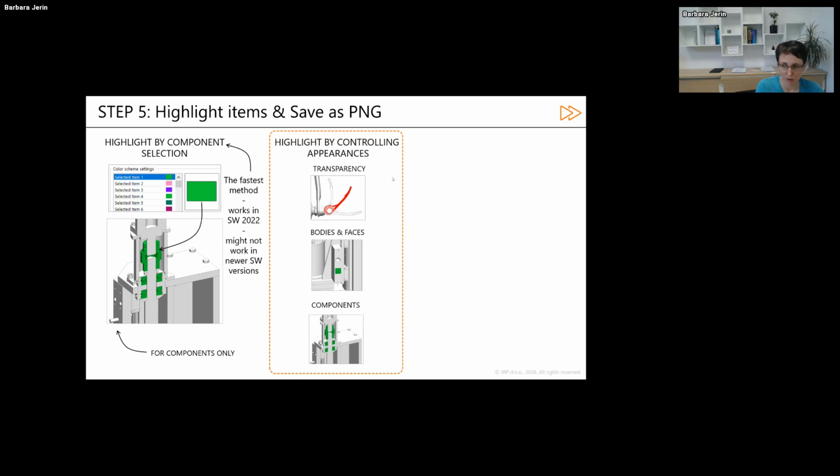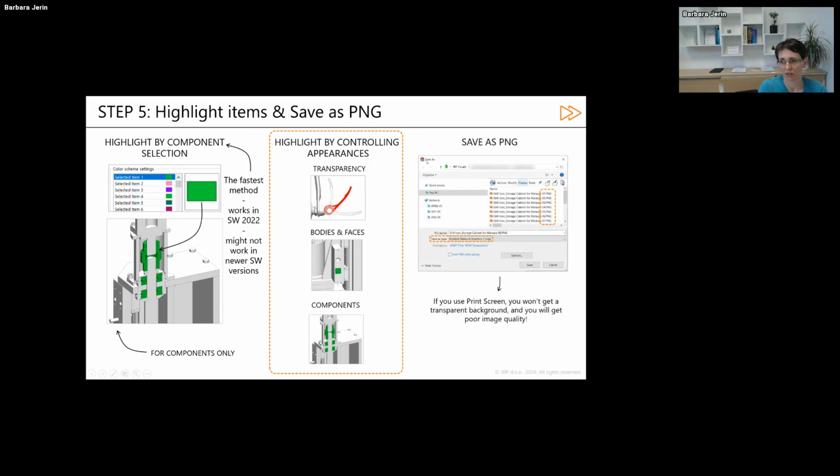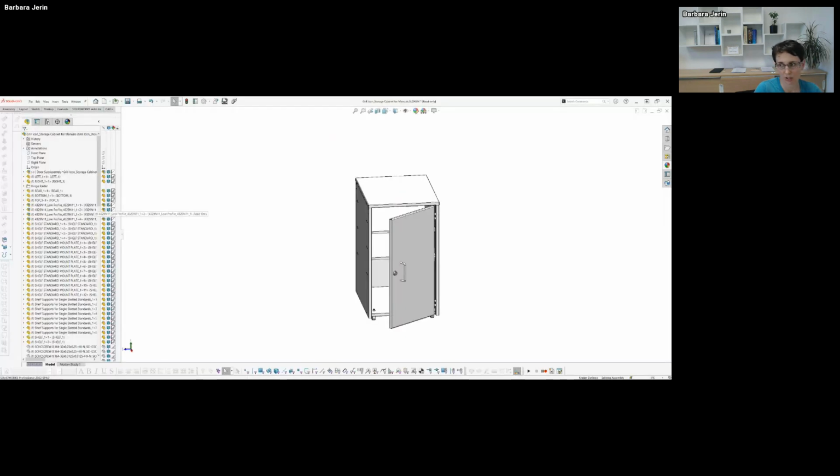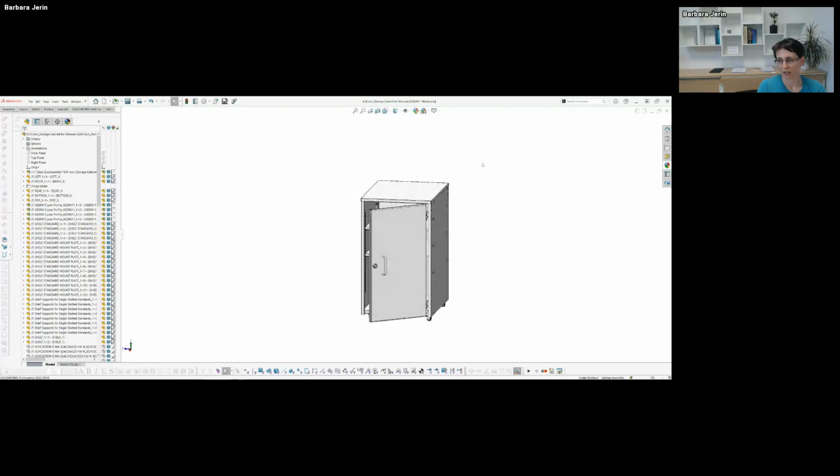Yeah, and once you have those things arranged, you save the PNG via the export save as, right? So I don't think print screens are good here because you don't get the transparent background, which is extremely handy in PowerPoint, and you also get poor image quality. So I will show you this trick quickly, so you get a feeling how quickly that can be in the